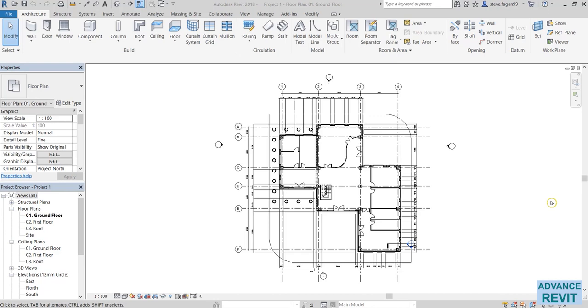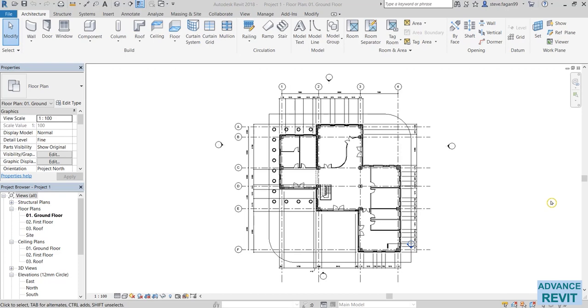Some tags automatically load with the default Revit template, while others you need to load. If desired, you can make your own tag in the family editor by creating an annotation symbol family. I have made my own tags for this project. This is something that we cover in the intermediate course. The reason being is the Revit tags just aren't up to scratch. They don't display a lot of information,